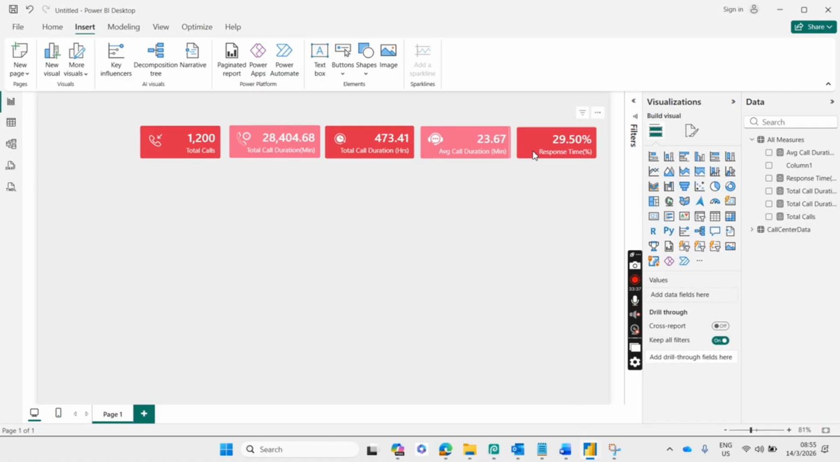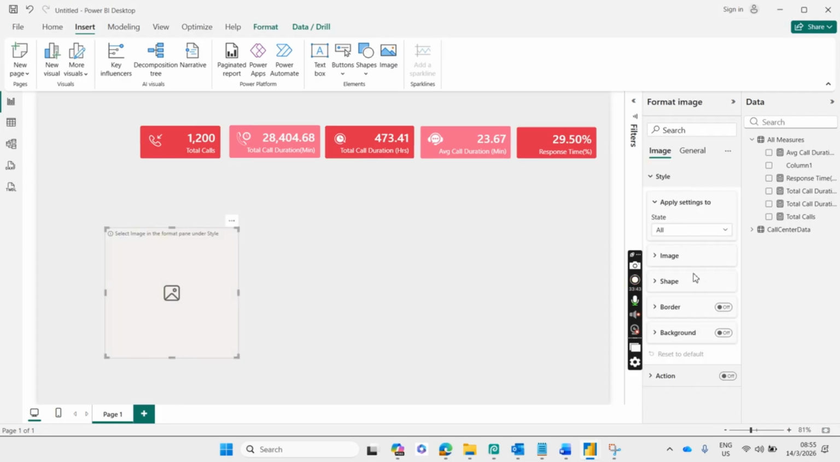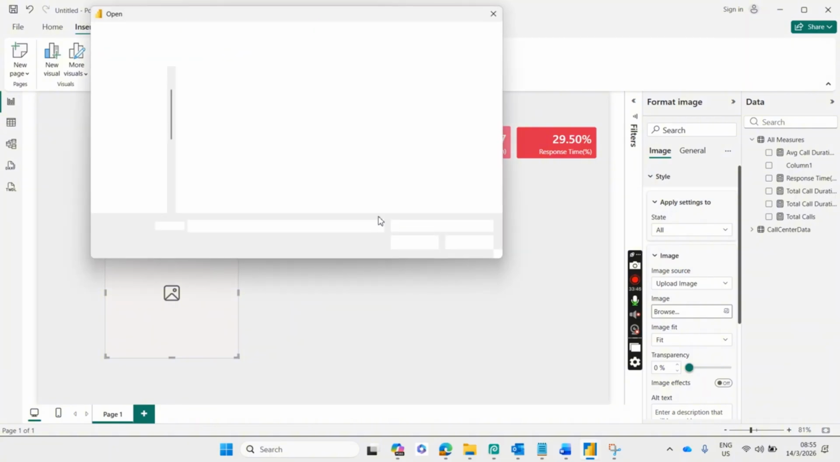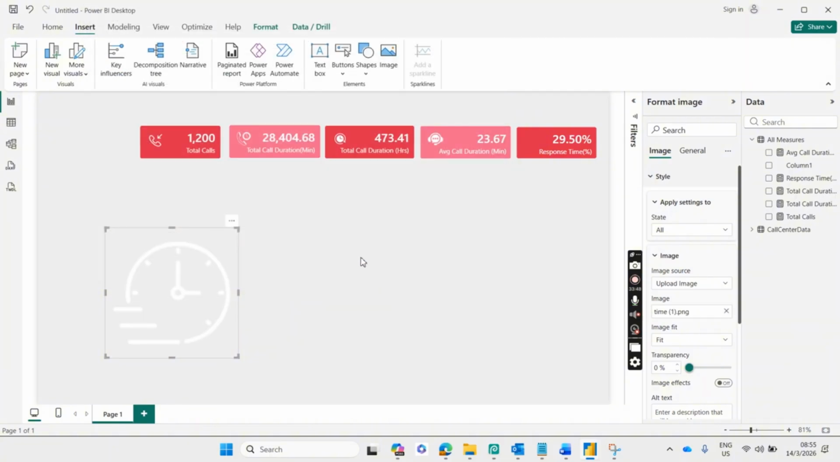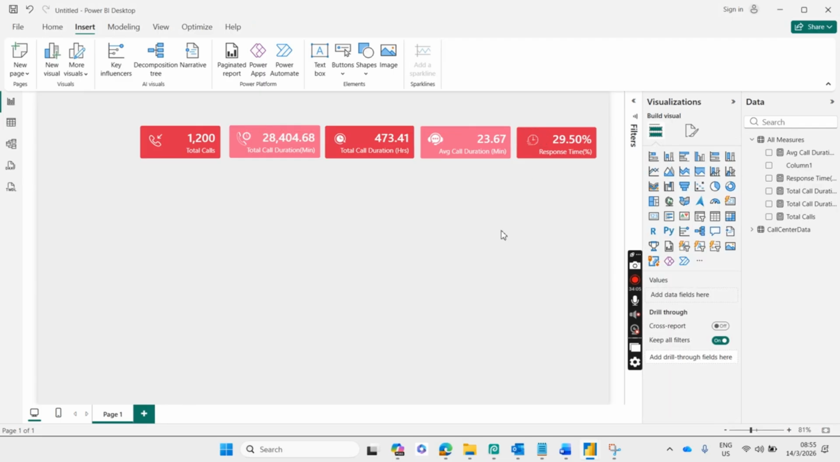Then we have our response time here. So let's insert image, style, image, upload. We're gonna use this one. Reduce it and we'll bring it here and we'll reduce it again. Like so. So that was it guys for our KPIs. Okay, so we move on